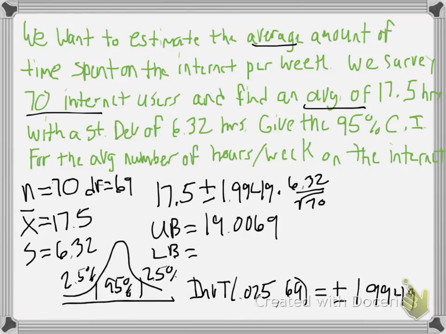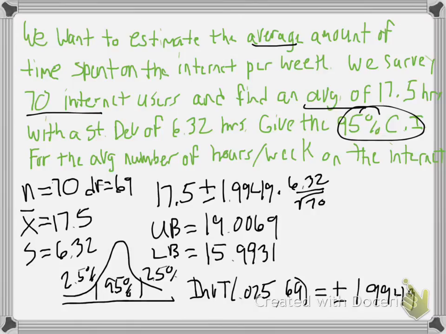Remember, to get the lower bound, just press second, enter, go up and change that plus to a minus, and it's 15.9931. So, remember, we can say with 95% confidence that the average number of hours spent per week on the